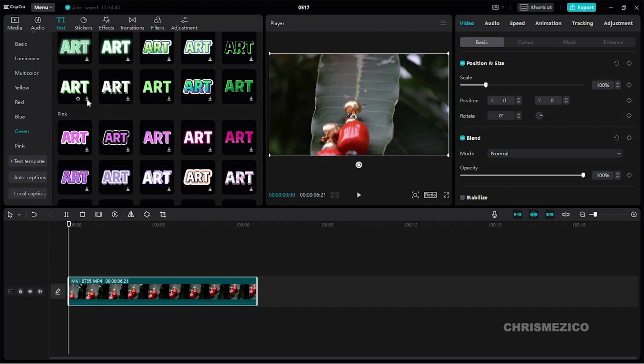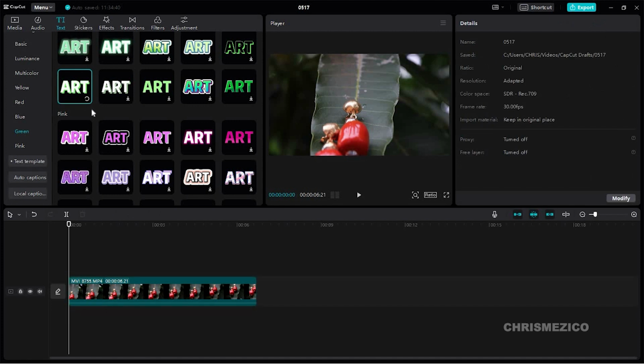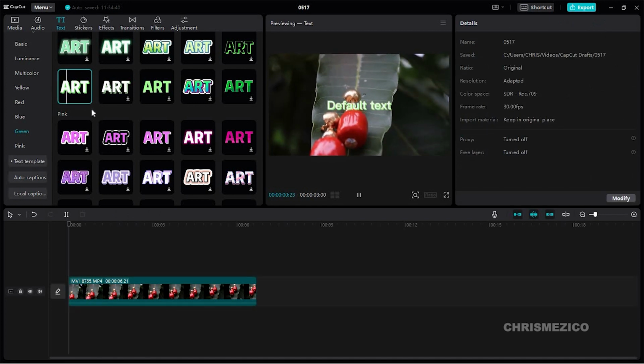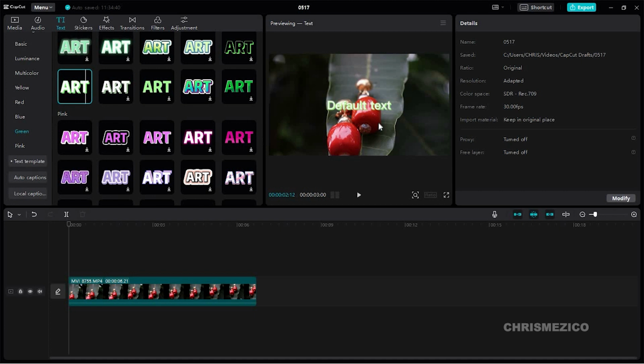Click on any of these download icons and the text will download. As you can see, it's showing us a sample on our text, but we have not inserted the text into our project yet, because if you look at our timeline sequence here, you will notice there is no text on it. So